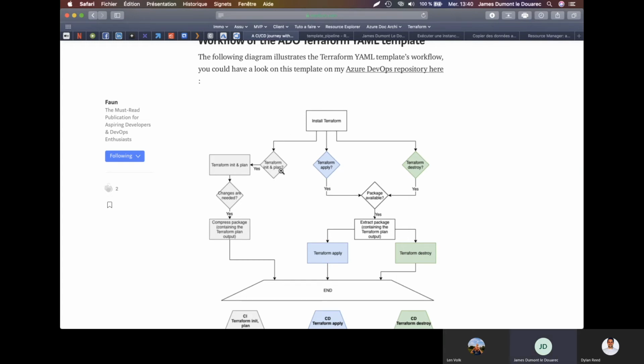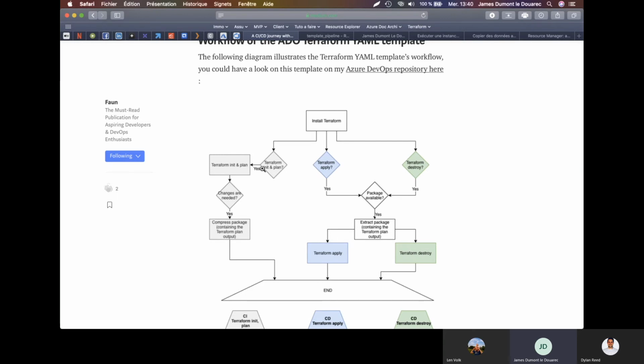Okay, so in the Terraform init and plan, as I told you, the first step at the left is that if we detect any infrastructure changes, then we will compress the folder location where the pipeline launched those commandlets. When you launch the Terraform plan, you can output the result in a file.